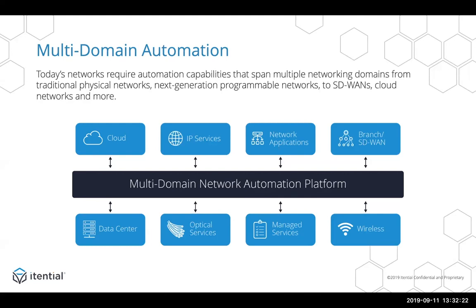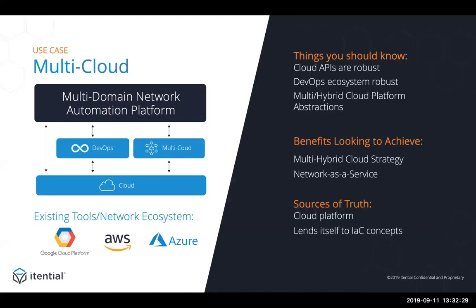So with that, from a time constraint perspective, we just wanted to show two examples of how we think about this that might make it more clear. When we think about multi-cloud, we have the cloud ecosystem, but on top of that, when people think about using immutable infrastructure, or monitoring multi-cloud platforms, as Stephen pointed out, there's a variety of tools you could use. So when we think about a multi-domain automation platform like Itential, we think about how